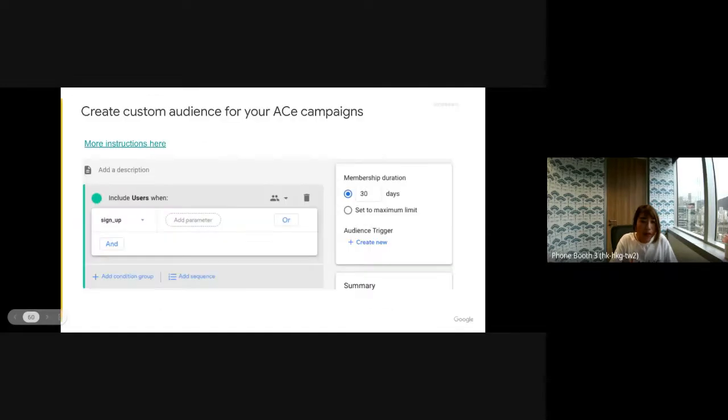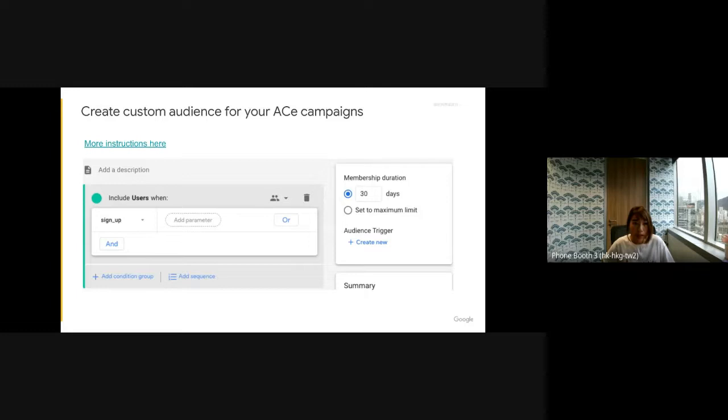And of course, besides the predictive audience, there are also custom audiences that you can create based on your needs. And for your app campaign, for engagement, we can also create whatever custom audience fits your needs here.